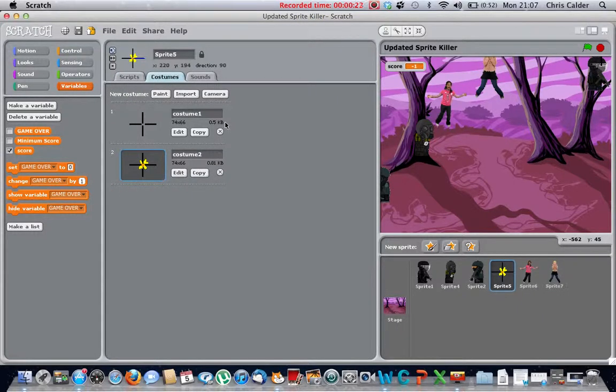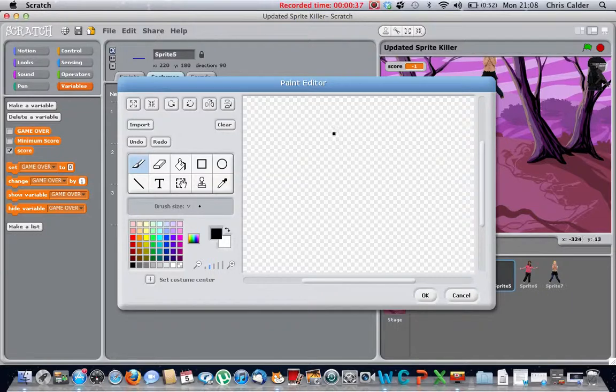So first of all, we can paint our own crosshair here. We go into new costume, which is here, and you click paint. It should pop up in a second, and it brings out Scratch's inbuilt paint editor. To make the crosshair, all I did was choose the colour, which is black here, and get the line tool, and you draw a line, like that,